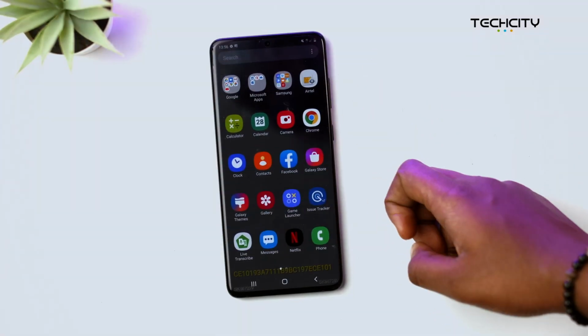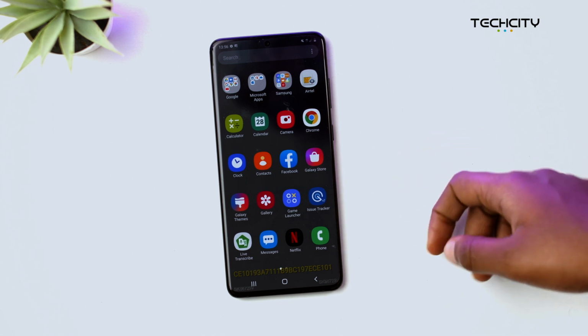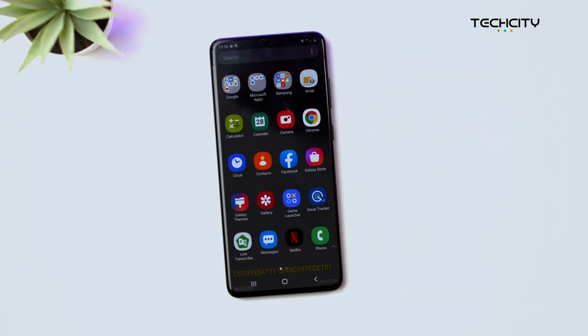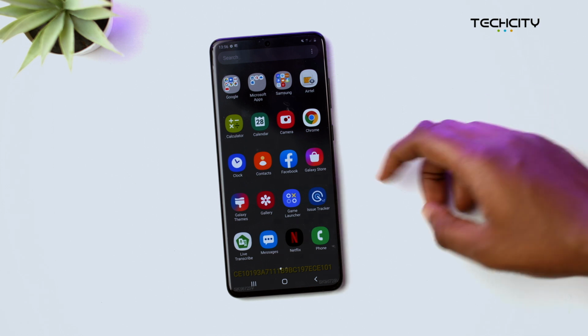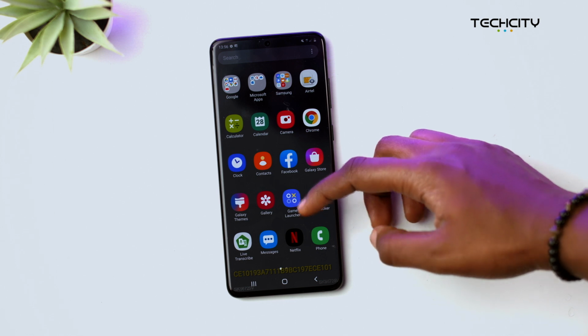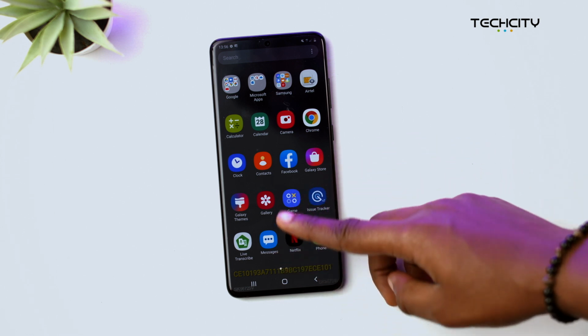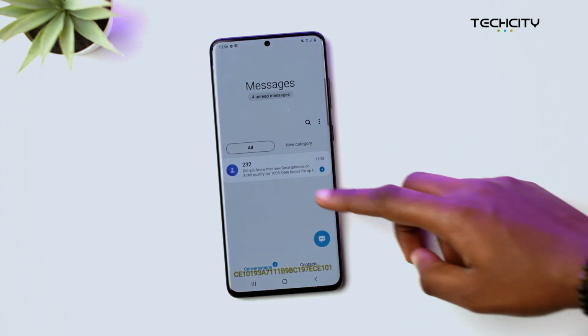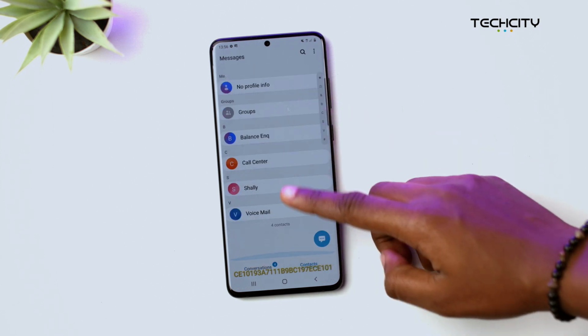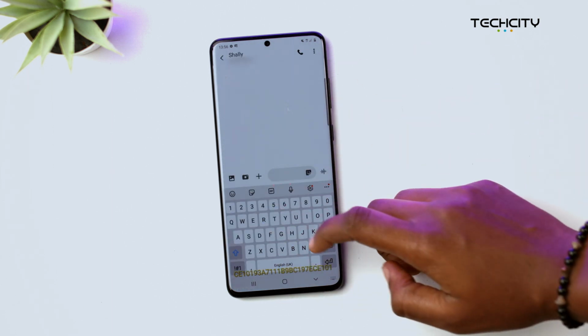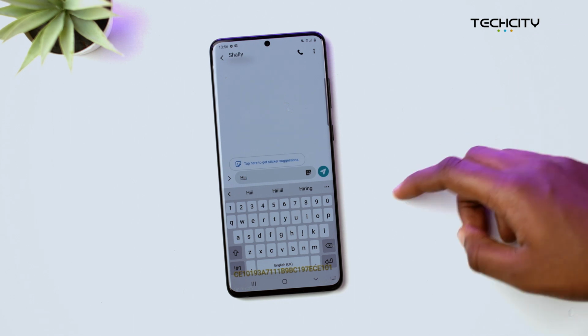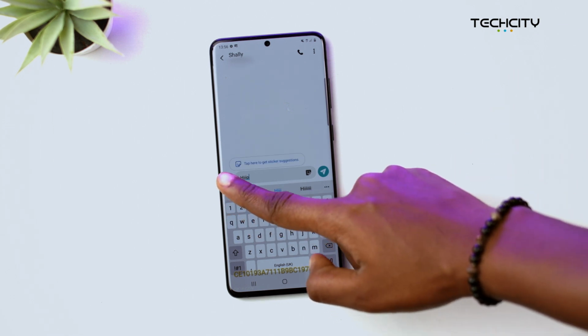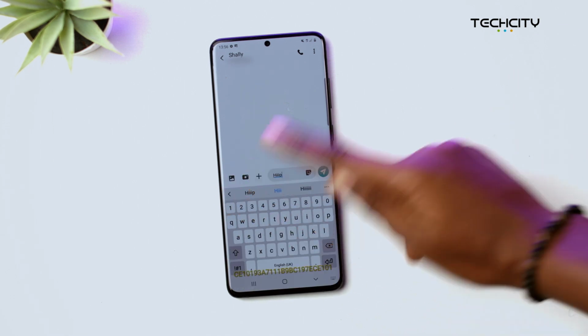The next feature is how to schedule a message. If you need to send an important message to someone later in the day, and like me, you forget, this feature is for you. Of course, you can set a reminder, but even better is being able to schedule the message. You do that by opening up your messaging app, select your desired contact, type your message, hi, and then click the side arrow here and hit the plus button